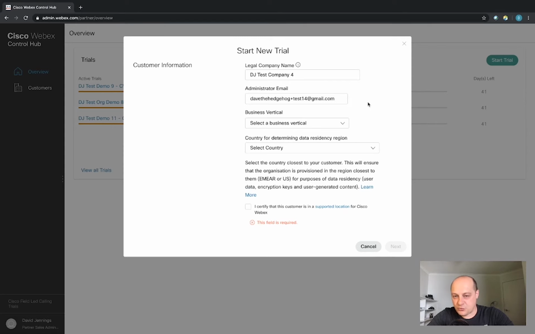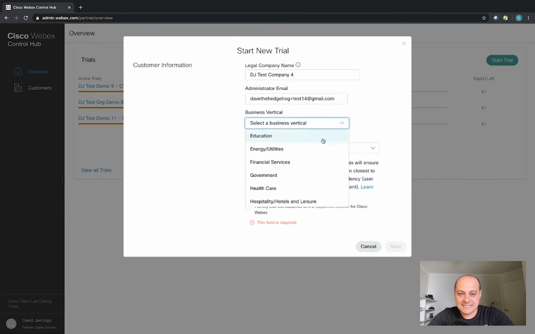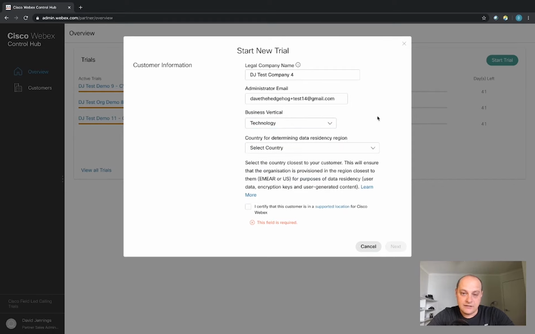So that would be a group mailbox or an alias for an individual. We've just found that we have good success with ensuring there are no conflicts with emails of that type. So not a requirement, but just a recommendation that we have. The next is the business vertical, so make sure that you select the correct business vertical for the customer type